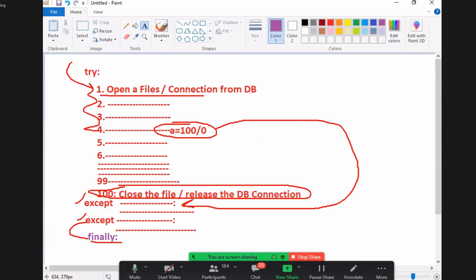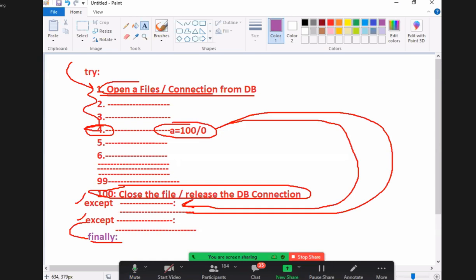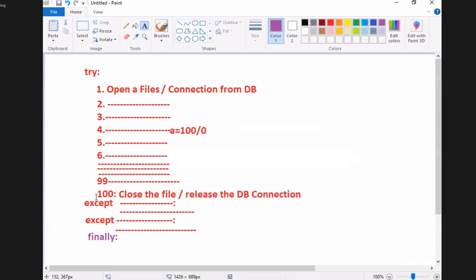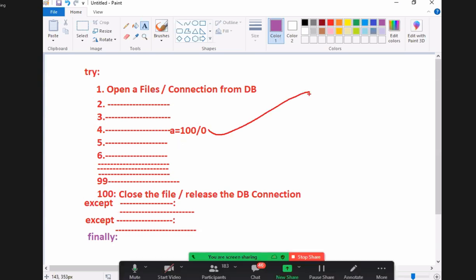The file was opened in line number 1. In line number 4, an exception is occurring. That means you are coming to the except block. When you are coming to the except block, which one can you not close? The file is unable to close. Already you opened a file and got a database connection, or not? Where are you releasing them? In line number 100. In the middle of it, an exception is occurring.